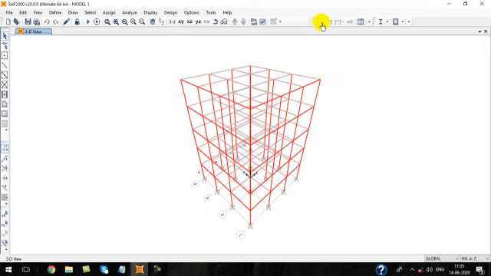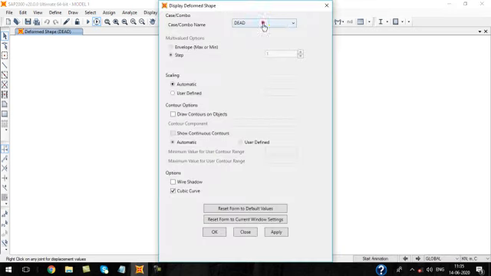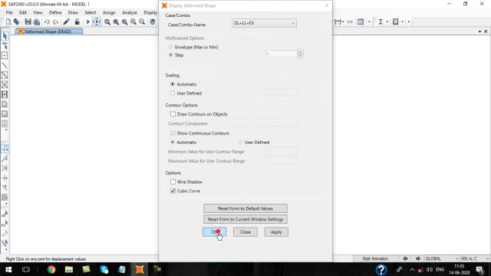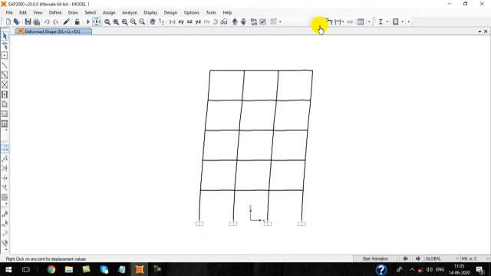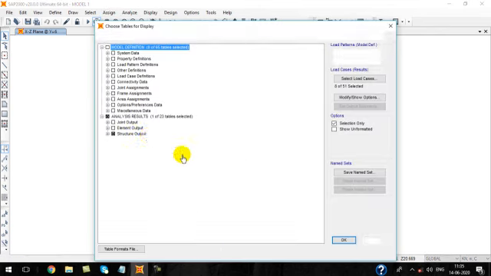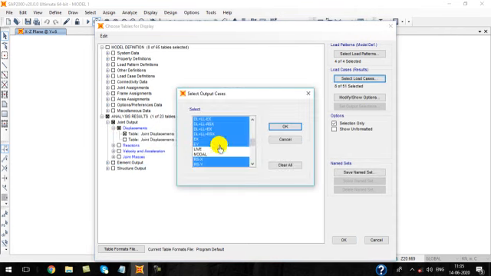Okay. So now go to deformed shape. Yeah, this one. Click OK. Otherwise, better we will select all these nodes. Then we will go to display, show table, and remove the structure output. Have joint displacements.